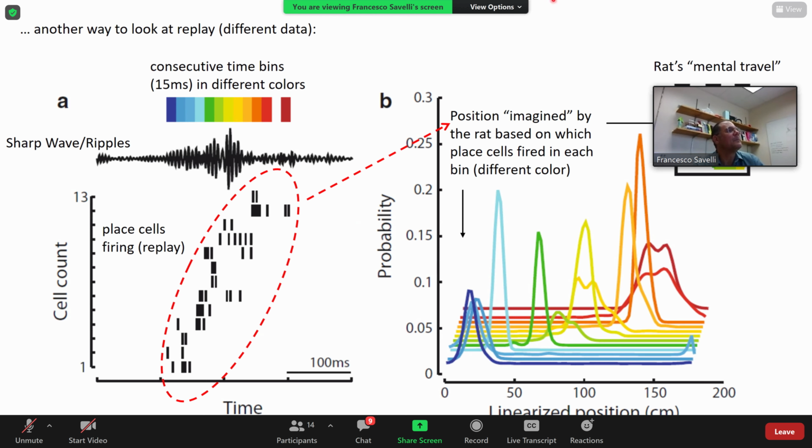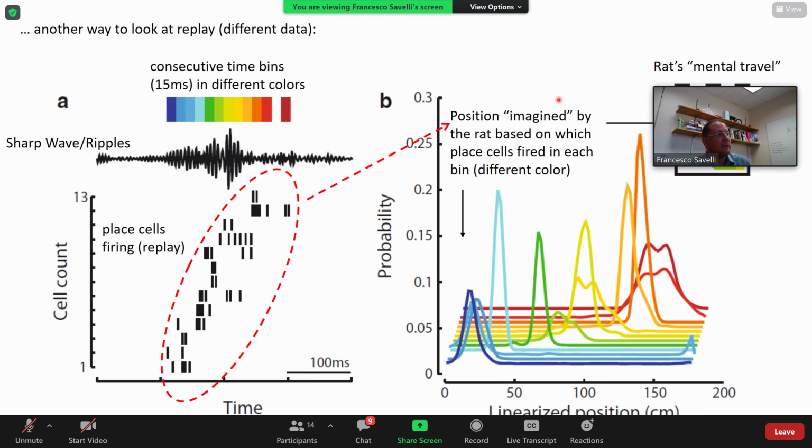So that, in a way, kind of answered both of those questions. One interesting thing is that sometimes people also found that the replay is done in backward order, and there are theories of why that is. Probably I should have put it here and expanded it, but in the interest of time, I don't want to make it too complicated. But you find this replay of experience in the same direction the animal used,